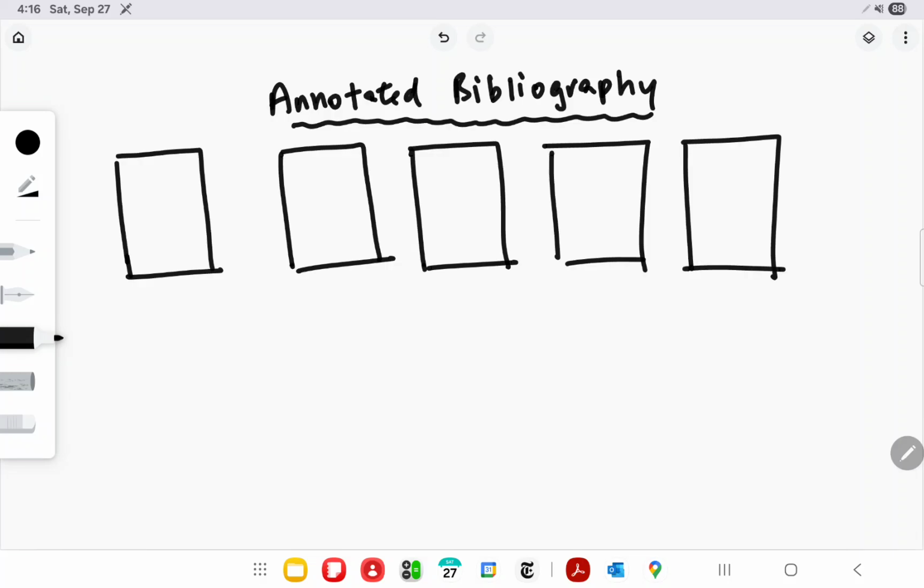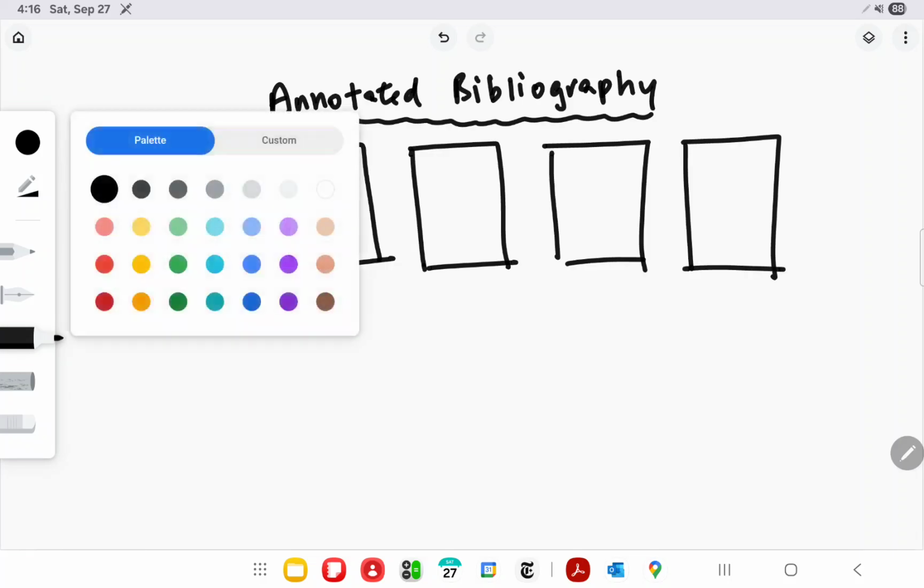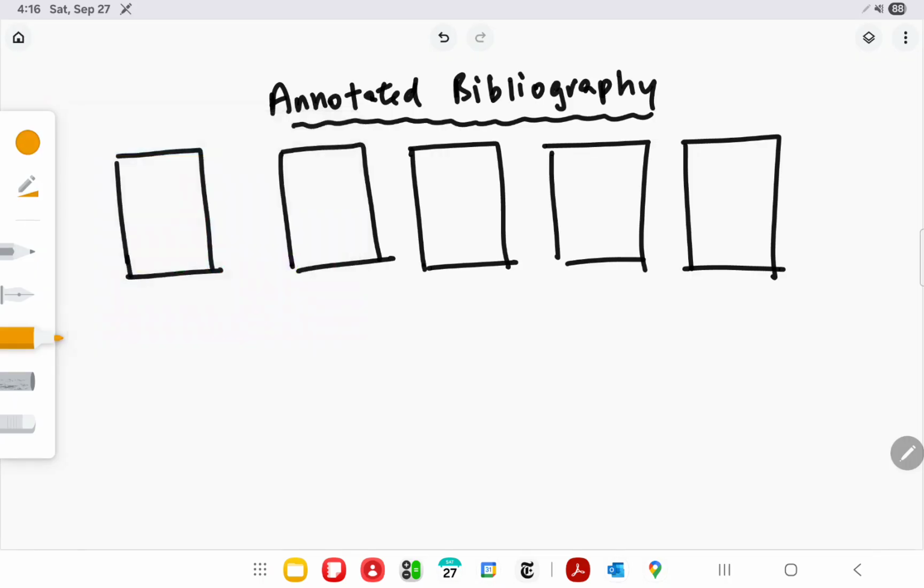The first page is your title page. Okay, it's your title page according to APA citation standards. So your title page is going to include a title, and the title for an annotated bibliography is invariably the topic. Okay, the topic that your sources, the 5 sources, are on. The topic, and then colon, the